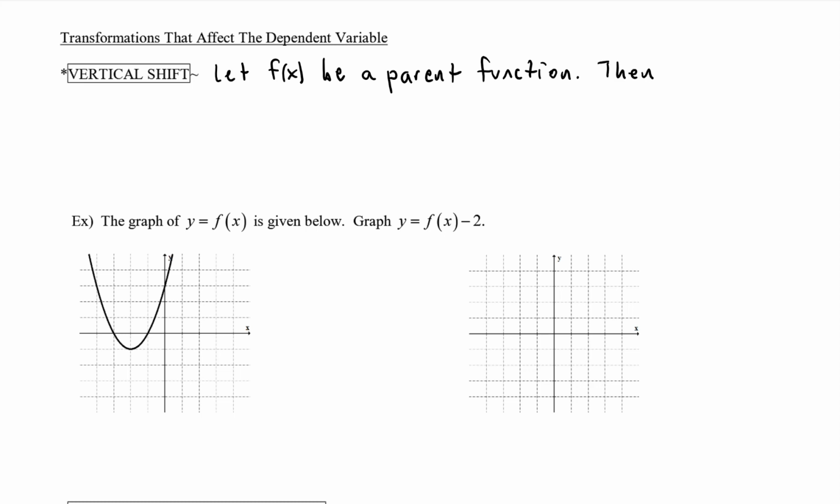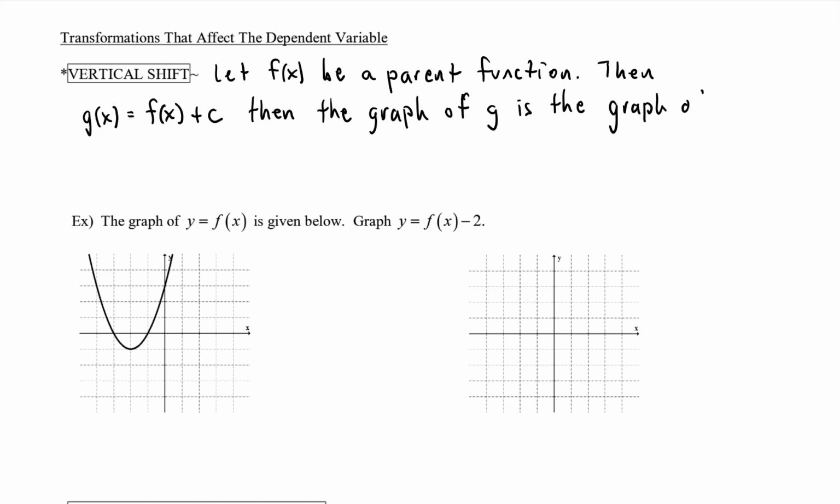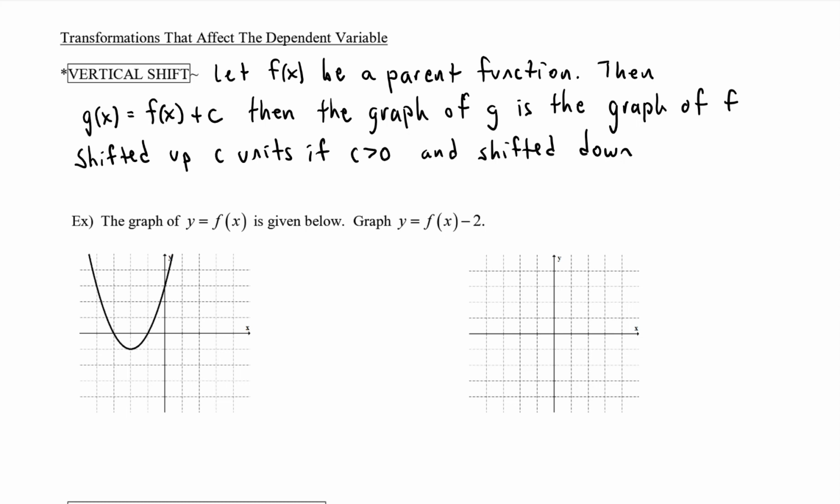Then if our new function g is function f plus c, then the graph of g is the graph of f shifted up c units if c is positive, and shifted down c units if c is negative. So c is a constant, c is some real number, and if c is positive, then